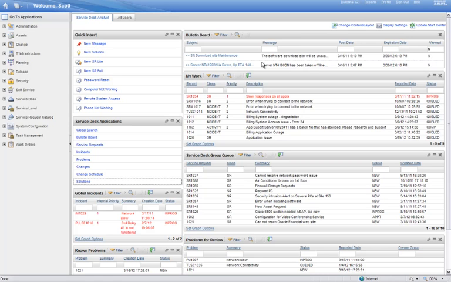On the top of the Start Center, we find the bulletin board, which the analyst can use to view current system messages as well as post new messages for other users. The My Work queue shows the work that the analyst has already taken ownership of, and the Service Desk Group queue shows all of the work that has been queued to the analyst's team, which does not yet have an